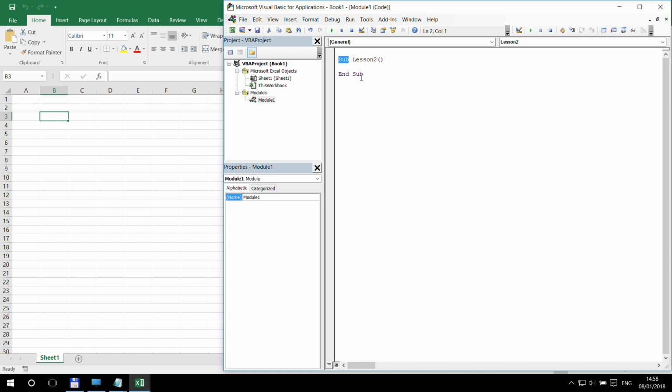And what I mentioned also last time is because both the Sub and the word End are reserved by Visual Basic, they are being shown in blue color. And we got this opening and closing brackets under lesson 2, which again happens all the time. We have seen it last time as well. We don't really know why it happens at the moment, but we are going to get to that later on